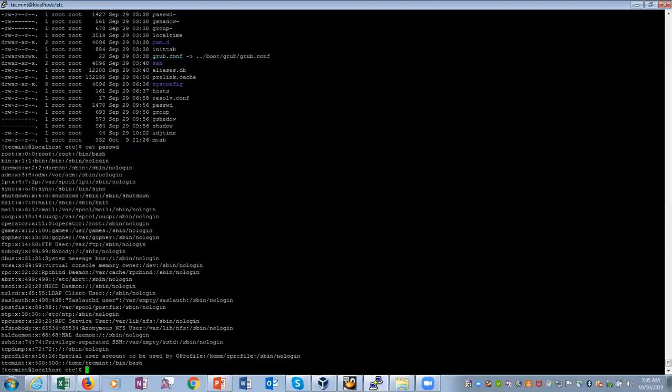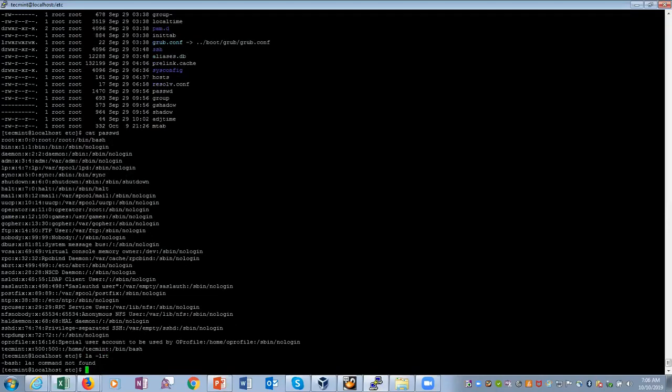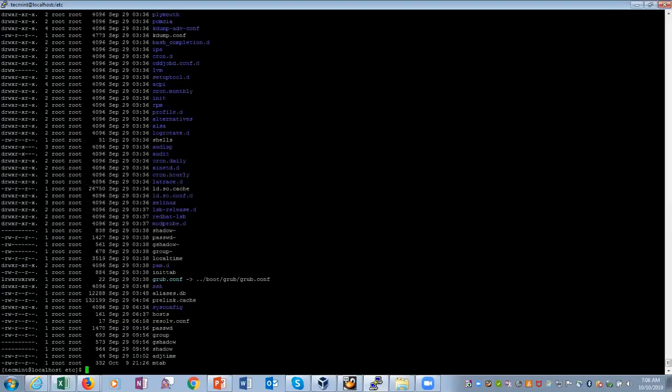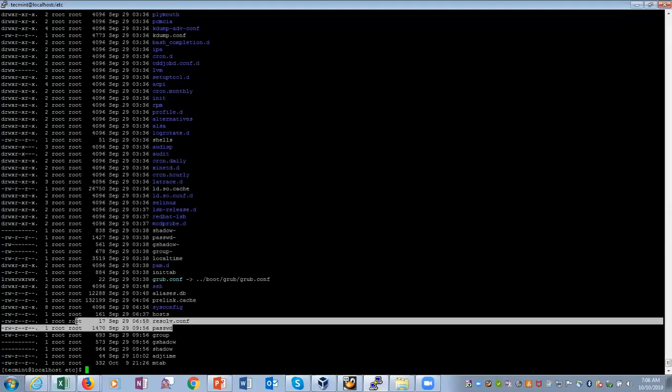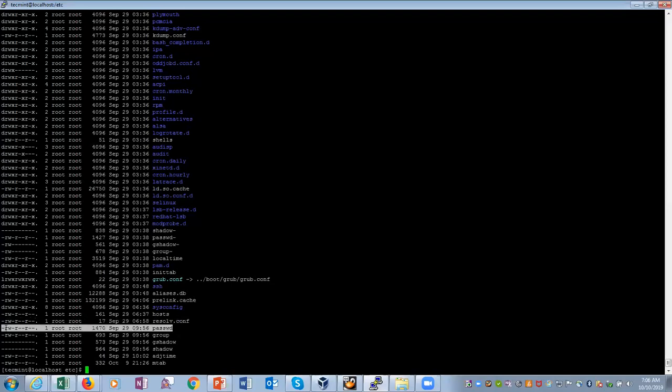So when we do ls -lrt, if we take any file, suppose we take the passwd file, its owner has read and write, he cannot execute. The group can only read, the other can only read. And it's a normal file starting with a hyphen.